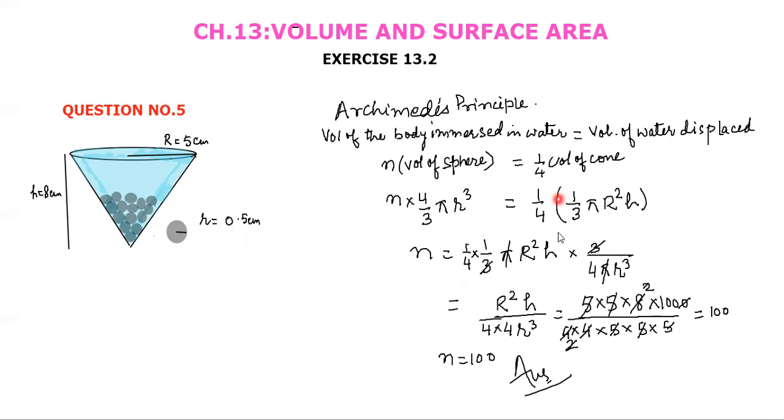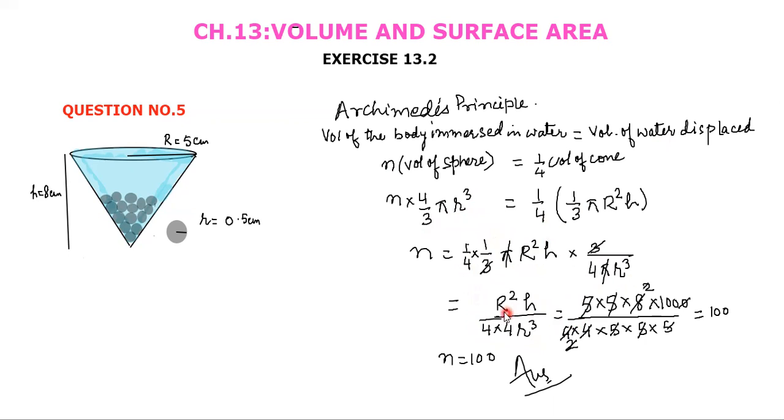So children, you will get that n is equal to 1 by 4 times 1 upon 3 pi R square h into 3 by 4, because you are bringing it this side, so this will reverse. 3 by 4 pi and r cube will now be in the denominator. Pi and pi will get cancelled, 3 and 3 will cancel, so 1 by 4 is left, and 1 by 4 is here. So this is R square by r, h into h upon r cube.